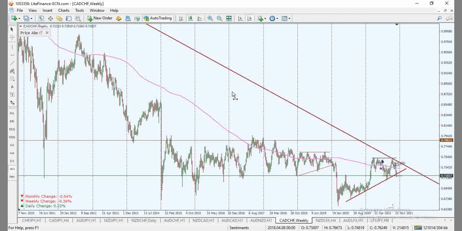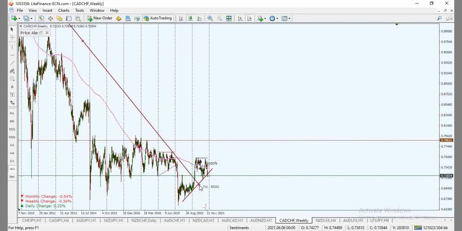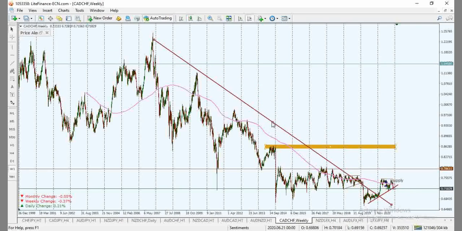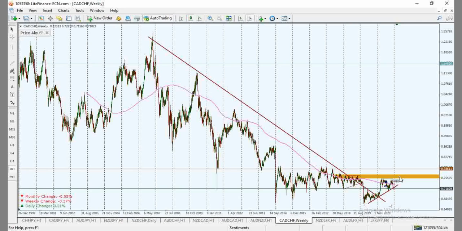We had a previous high right around here, and you can also see that in all this time new highs are not formed. High here, high here, high here. In all those times, highs are not being taken out.